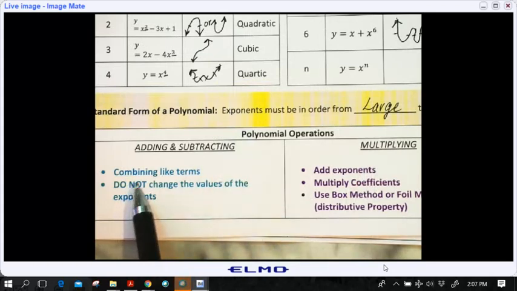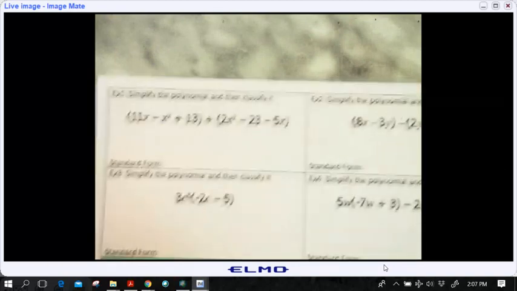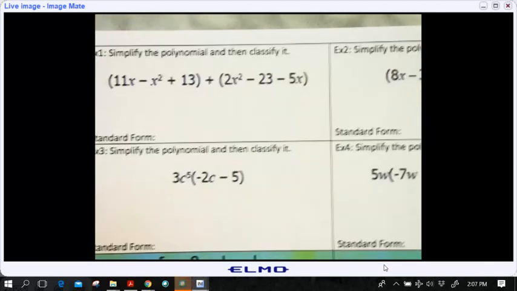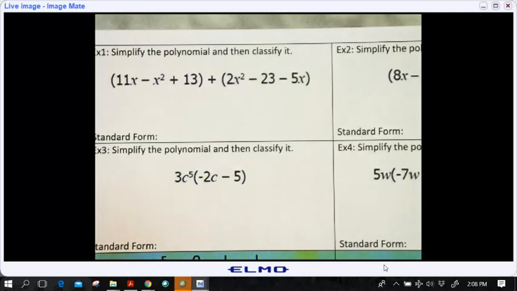We are combining like terms, so whether that's addition or subtraction is irrelevant. We're combining like terms with whatever signs they have between them. And then we need to keep in mind that the values of the exponents will not change at all. So let's go look at some examples of adding and subtracting. Alrighty, so here we go. So we have addition,